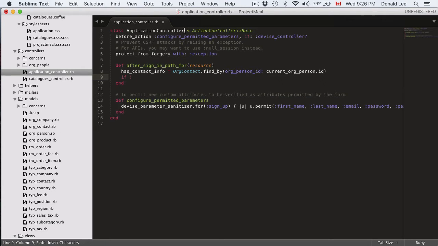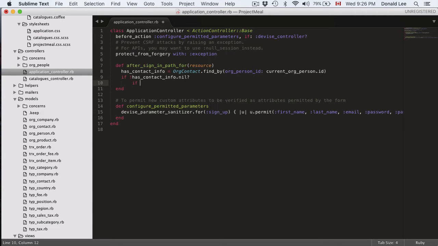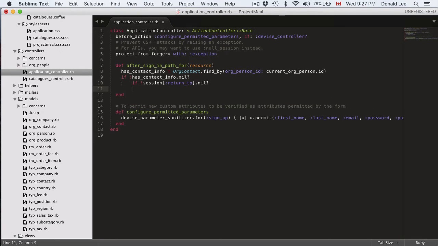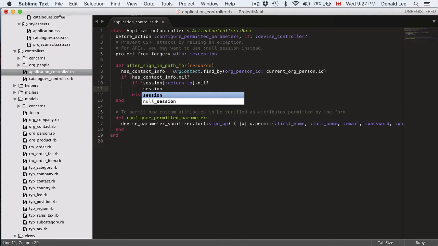Now to continue on, if the has_contact_info that we found from the user is not nil, then we want to check if this person has a return_to page, so session[:return_to]. So what this is pretty much saying is that if this person has visited a page before and that page required him to sign in, so we got him to sign in, if he was looking at some page before we forced him to sign in, then let's just return that user to that page. So we're going to do a session[:return_to],